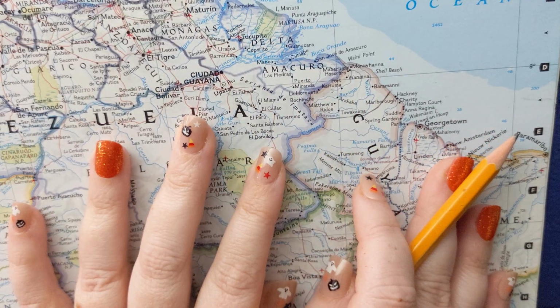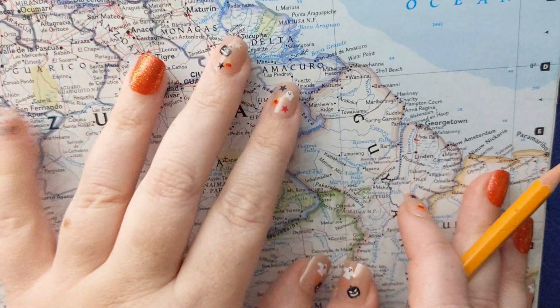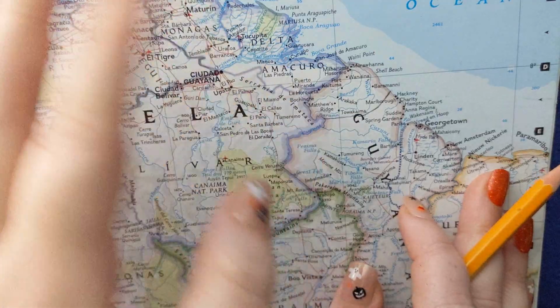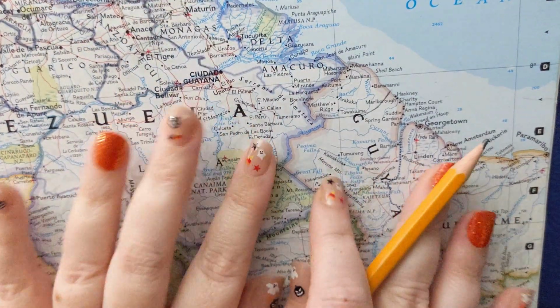Not uplifting, and I feel really bad wearing my Halloween nails during a sad story like that, but it is October. It's my favorite time of year. So anyway,